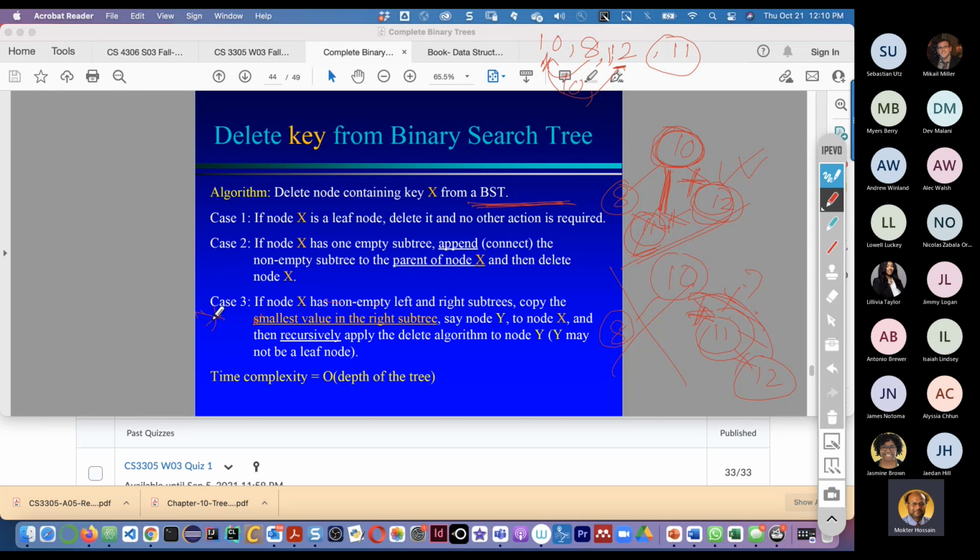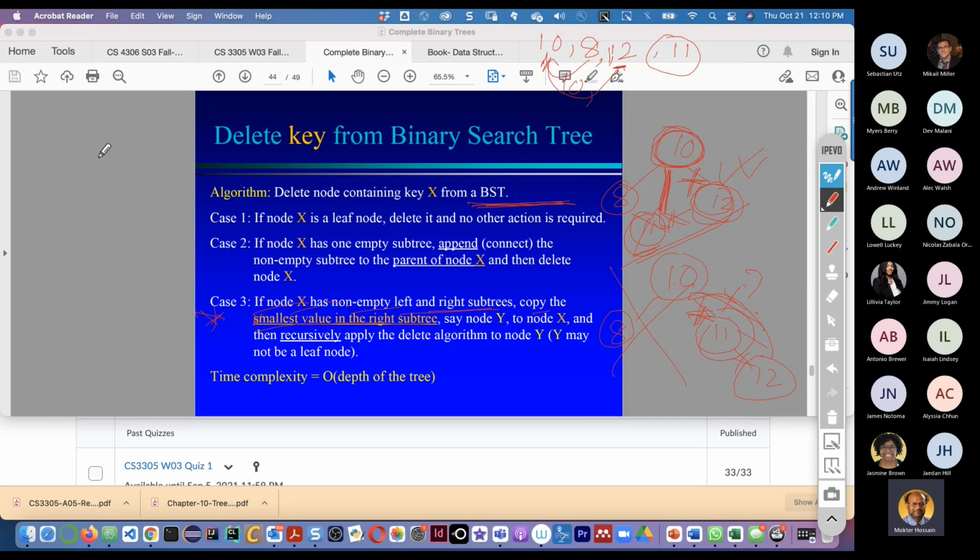This is the more complicated one. If X has non-empty left and right subtrees, then copy the smallest value from the right subtree. See, from the right subtree, this one, the smallest value.